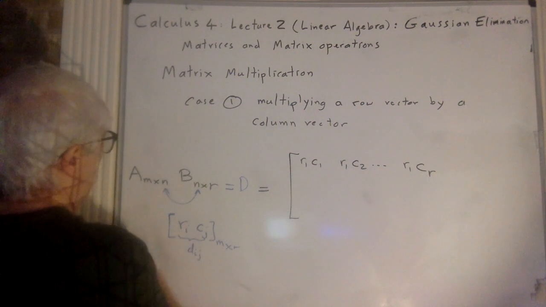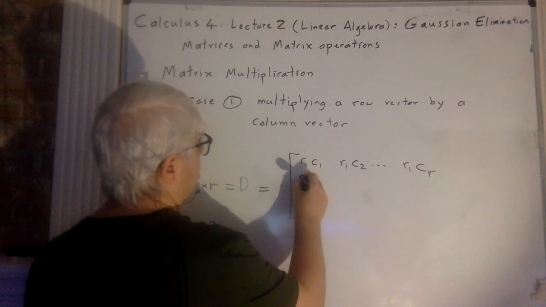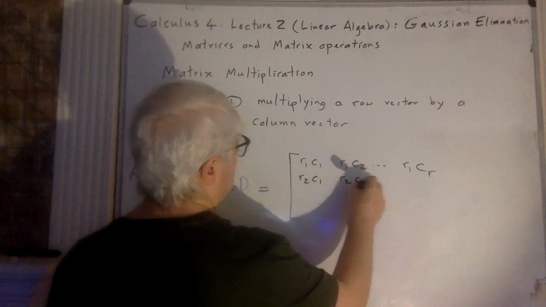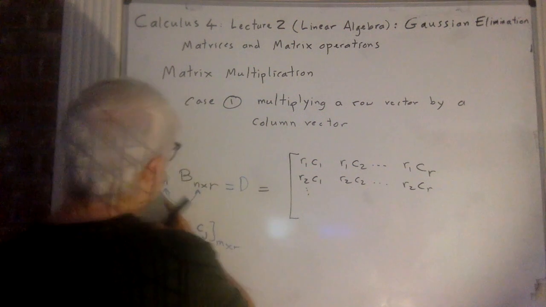This one has the r ones. Then I have R2, C1, R2, C2, R2, Cr. Then the last one will be R